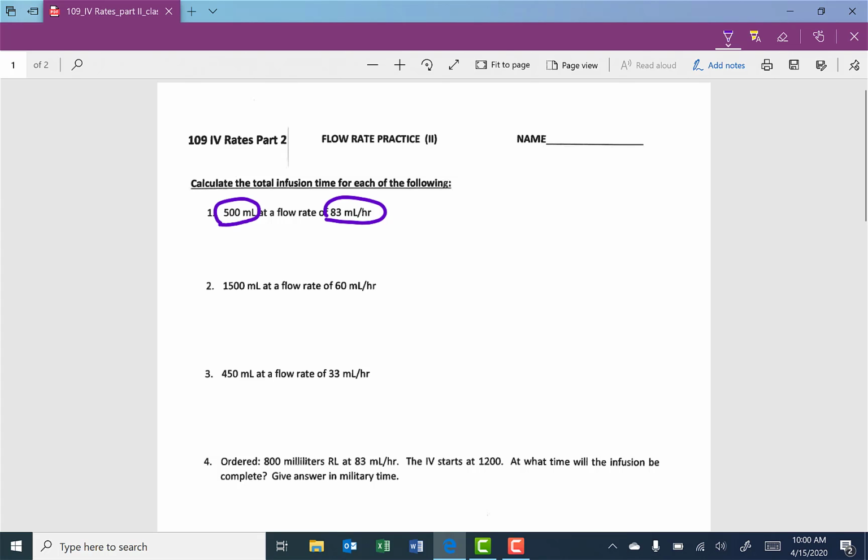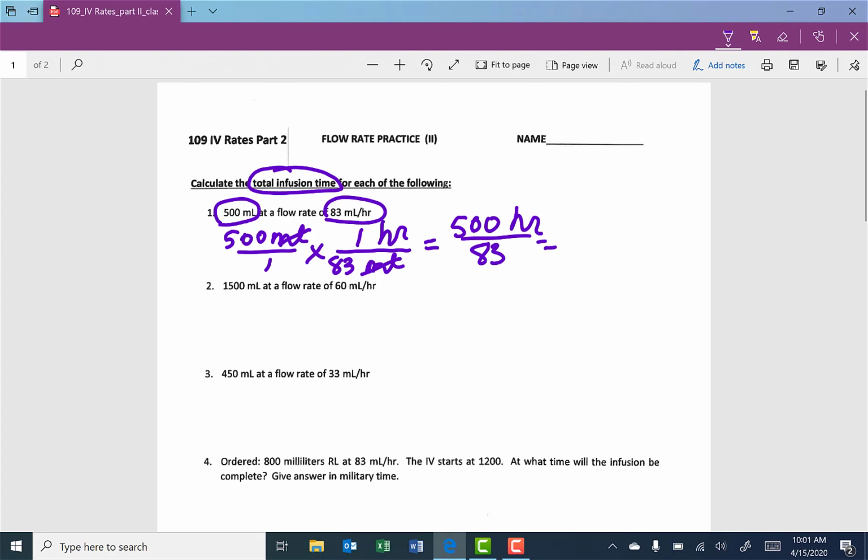But if you want one method that always works so that you're less confused, start with what you're given, which is the 500 milliliters, and put it over 1, and then multiply it by, remember, dimensional analysis, put your milliliters on the bottom of the denominator, and here will go your hours. So we have 83 milliliters per 1 hour. Notice our milliliters cross out and we're left with a unit of hours, which is what we were looking for, the total infusion time. So if you multiply across, you get 500 hours divided by 83, which equals